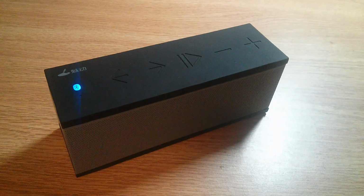Hopefully that gave you guys a better idea of what the audio experience is like. I would say it's pretty good. It gets quite loud, although the bass isn't quite as strong as I think it could be on a Bluetooth speaker, especially when compared to its